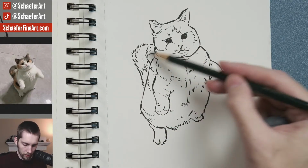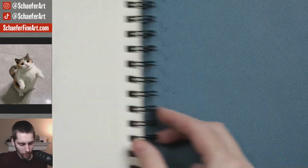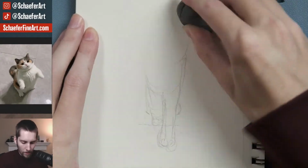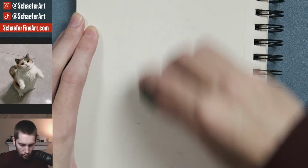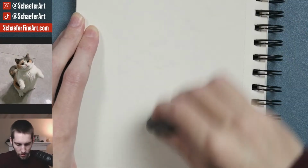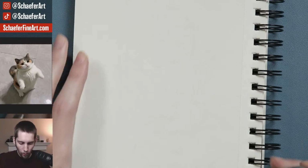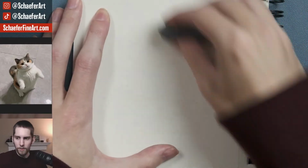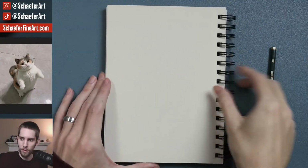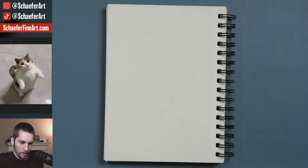And I didn't really have any construction lines, so it's more difficult for me because I need a lot more practice, obviously. And I'm okay with that. I'm not a super pro or anything, but I know enough of the basics. I know how to do it. I just haven't drawn with pen in like 4 or 5 months, and now on a live stream, for some reason, I'm doing a pen only challenge. It's going to be difficult. Anyway,